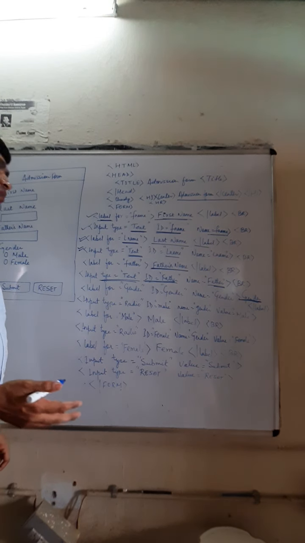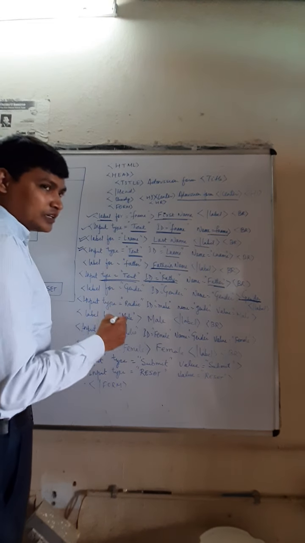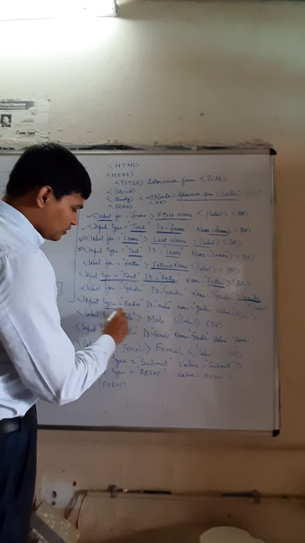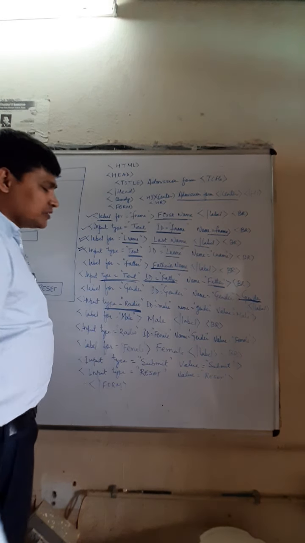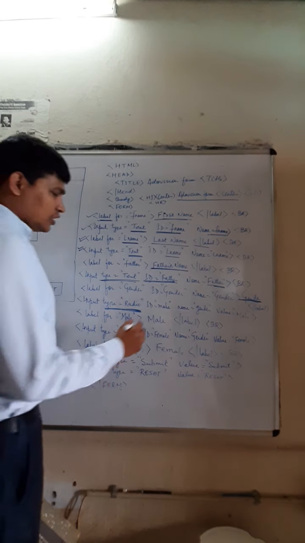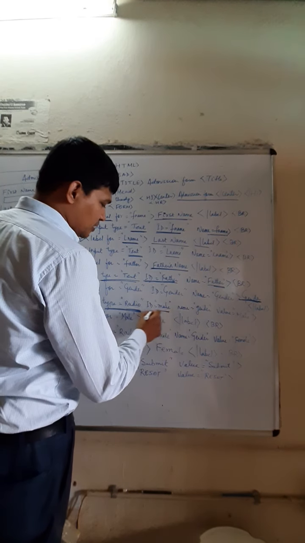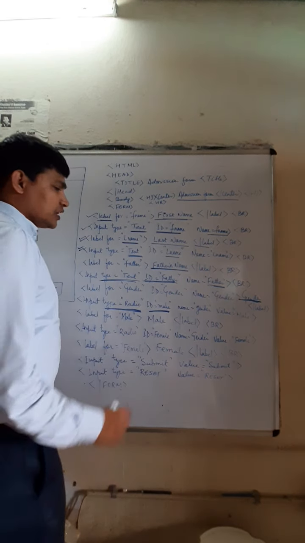Then after gender, you have to display the 2 things, either male or female. For defining the male as the input box, it is from the radio button, so the type will be the radio. And the ID of the radio button that accepts the data for the male is male, and the name is gender.